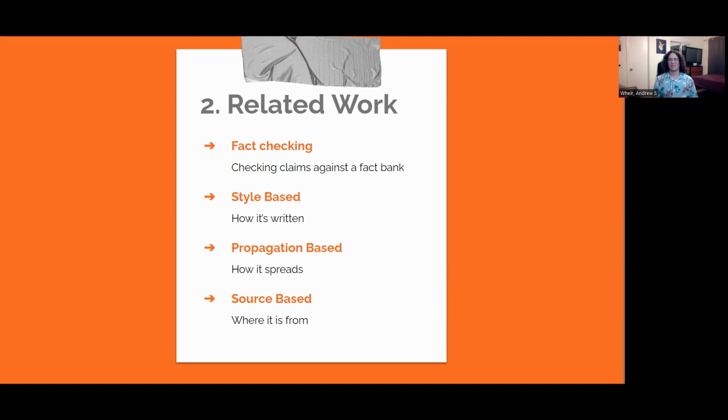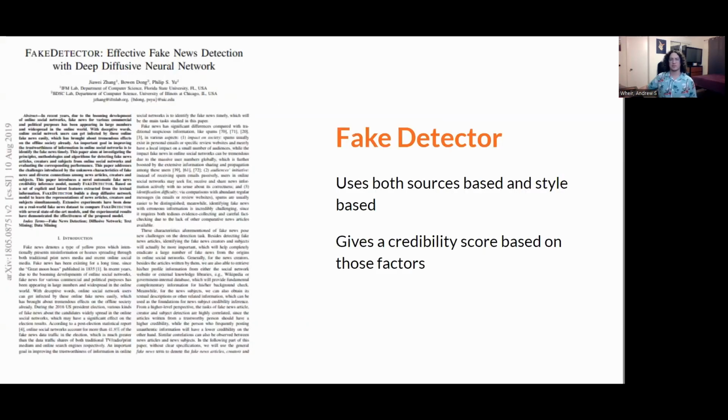The final one is source-based. A pretty useful one, but not very good on its own because its only data collection is who published the article, where they published it, and who the publisher was. Most of the papers written nowadays use at least one, if not more of these.